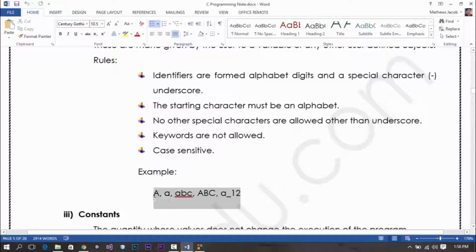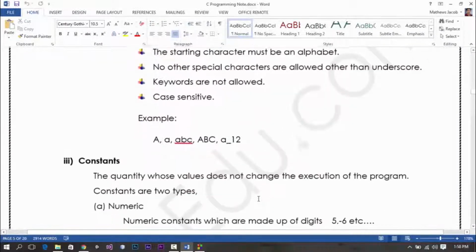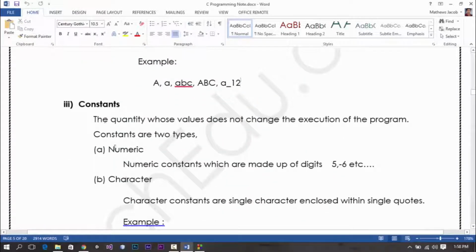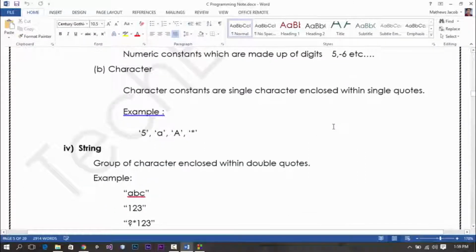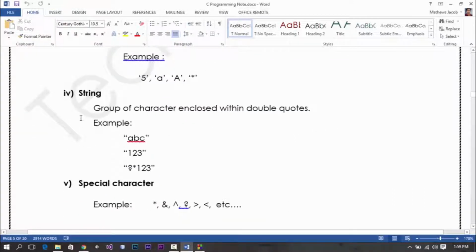Constants. The quantities whose value does not change during the execution of the program are constants. Constants are of two types: numeric constant and character constant. Numeric constants are made up of digits. Character constants are a single character enclosed within single quotes. String: a group of characters enclosed within double quotes. Example: